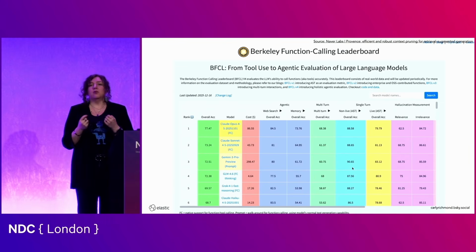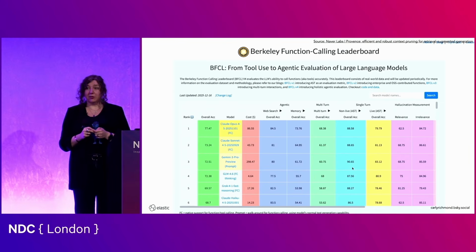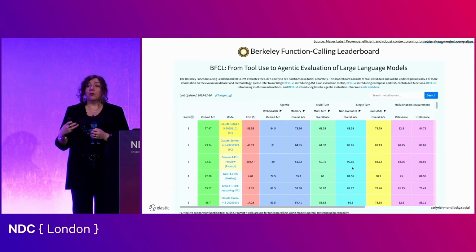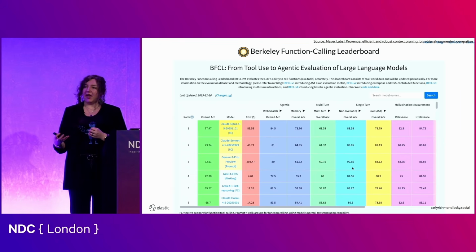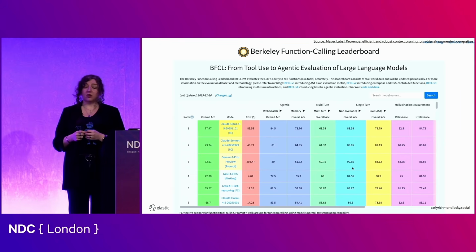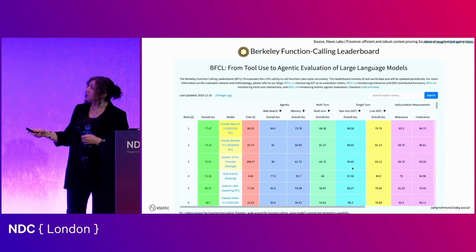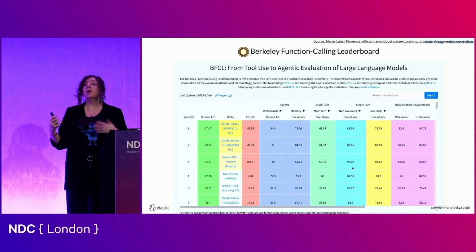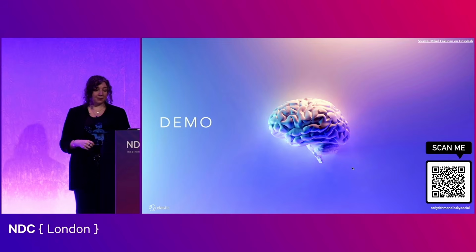But not every single model supports tool calling, so we need to be careful with that. And if you're ever looking to find how effective a particular model is with regards to tool calling, you should check out the Berkeley Function Calling Leaderboard, and it gives you ideas of the top models from their evaluation. It's updated on a regular basis, and it also covers particular things such as, is it good at web searching, is it good at multi-turn, all these other kinds of things.